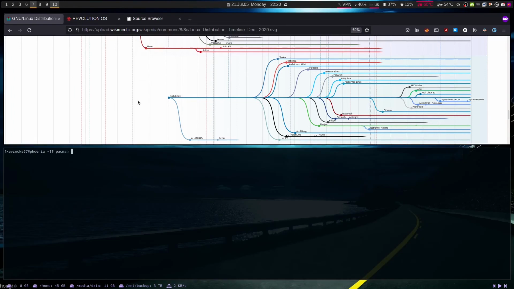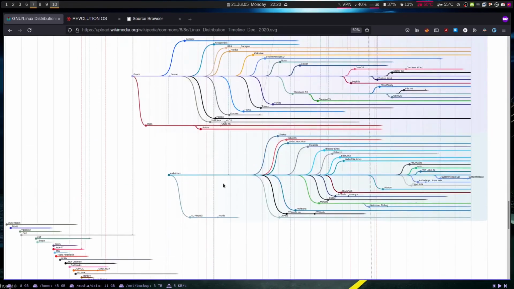In my case, I run Arch Linux. Arch Linux is on its own little branch somewhere down here, and here it is. It runs Pacman as its package manager. That's how I install software. So if I want to install Firefox, I can look for Firefox and install it. If you're on a Debian-based distro, such as Ubuntu, for example, or Debian itself, you would use the aptitude package manager, or apt. And other distros, let's say Red Hat, use Yum or DNF now, which is a newer version of Yum, things like that.